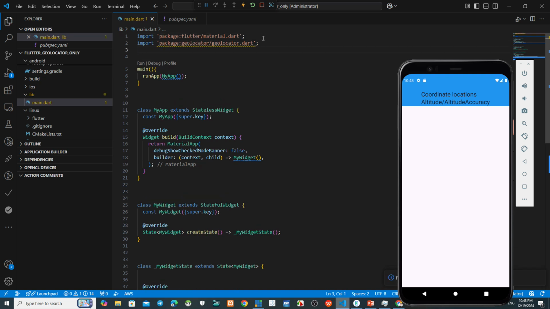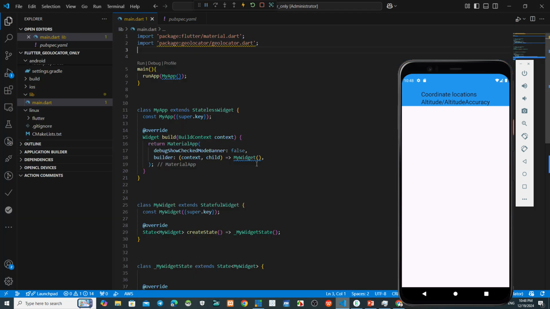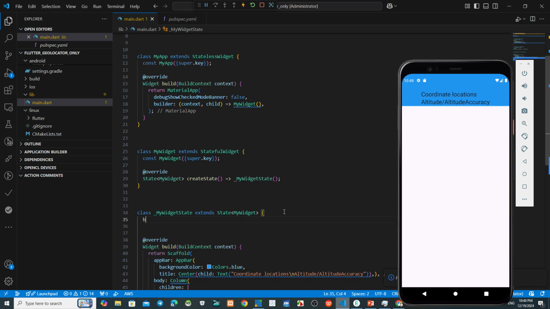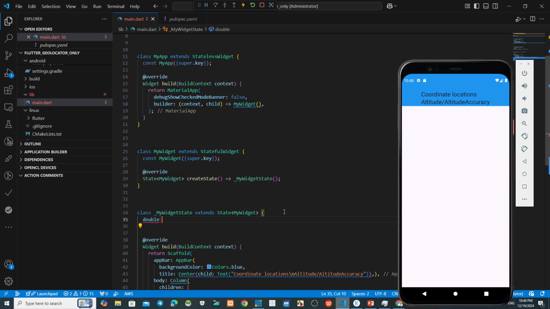Okay, now because we want to make this value about latitude, longitude, altitude, accuracy, now we have 4 parameters. We make a declaration first here. This is double latitude underscore equals 0.0.